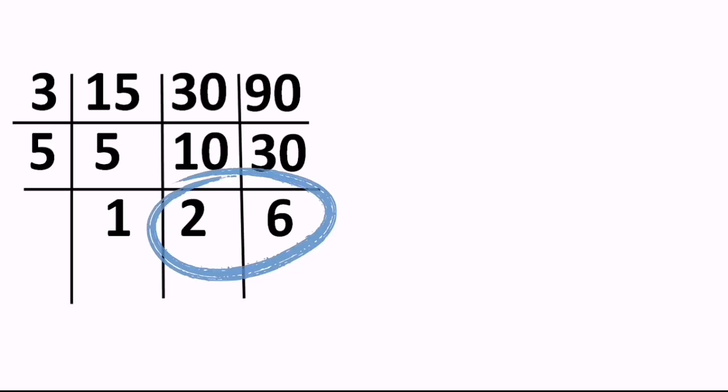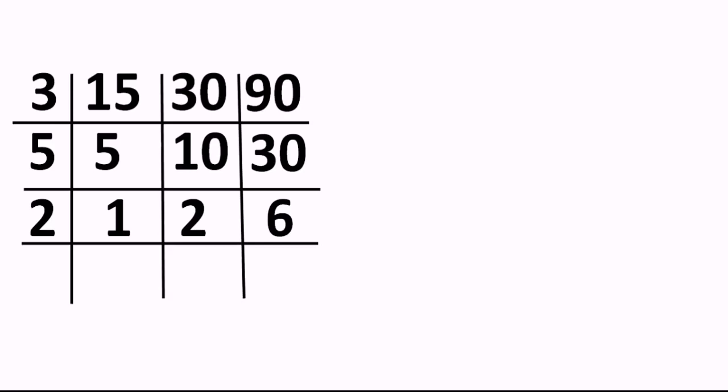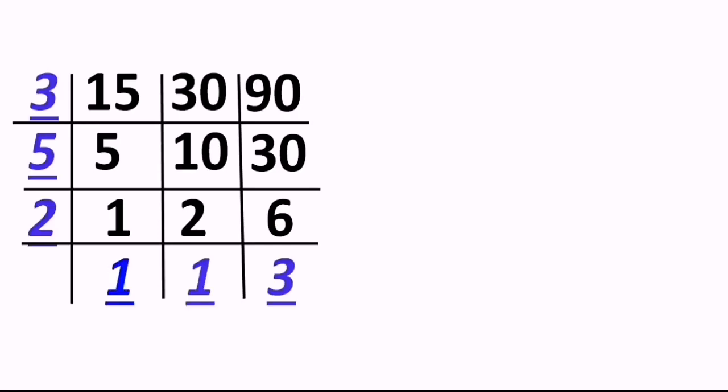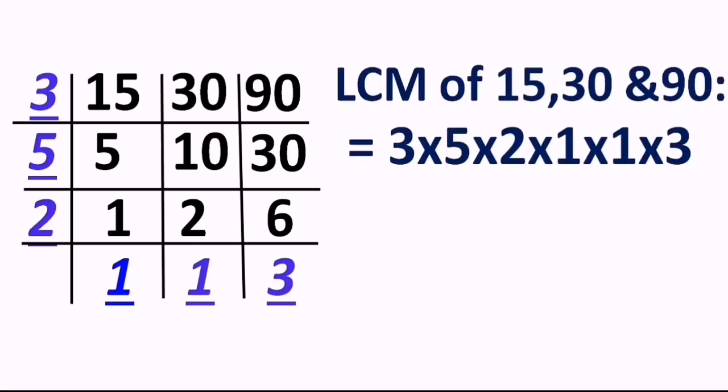Presently over here, 2 and 6 are divisible by 2 itself, so of course I need to choose 2 for the division. And see, we got the first number as 1, so 1 should be written as it is. When you divide 2 by 2, we get the answer 1, and when you divide 6 by 2, we get the answer 3. And now 1, 1, 3, the bottom numbers, are not present in the same table. Table of 1 can be utilized, but it is valueless presently. So we will move on. We have to stop here and take the bottom numbers and the numbers on the left hand side for the LCM. Okay, so here we go.